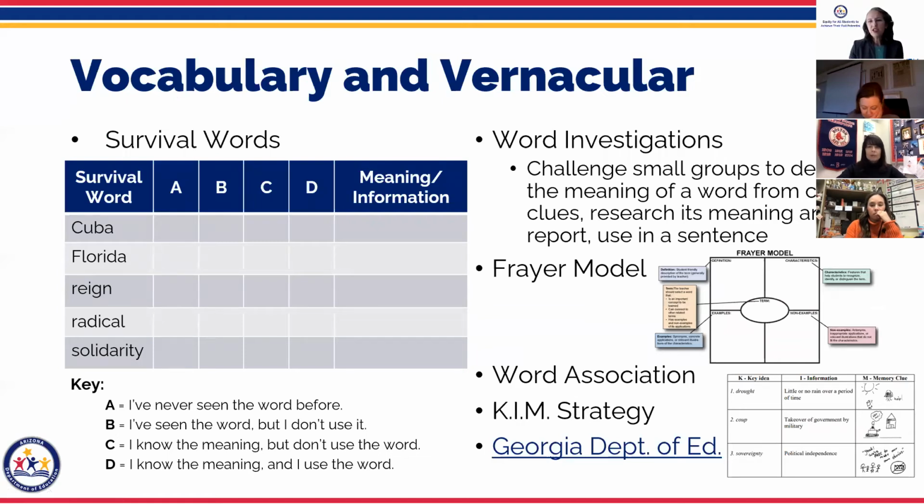Some reading strategies too that you can do with kids, especially getting to vocabulary. So I wanted to lump a bunch of things together that I've done and used and found, even new things that were new to me in doing the research for this training. I liked this one with survival words, where you create a chart where your students maybe come up with vocabulary